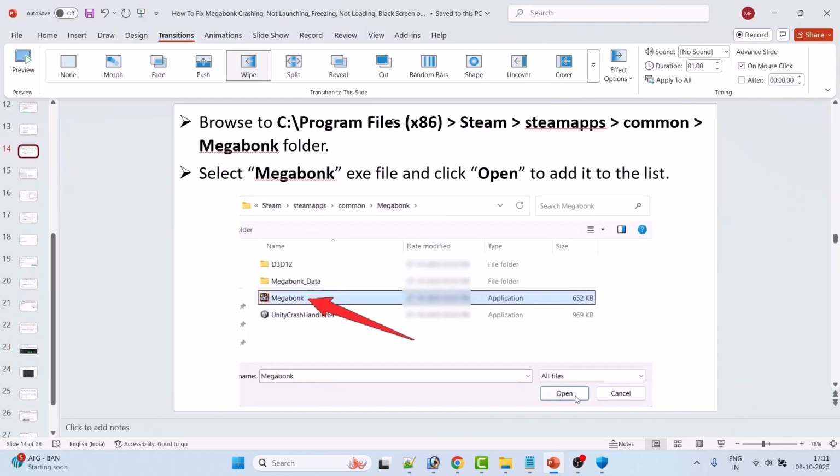Go to C drive, Program Files x86, Steam, Steam apps, common folder. Open the Megabonk game folder, then select the Megabonk exe file and click on open to add it. Now go back,